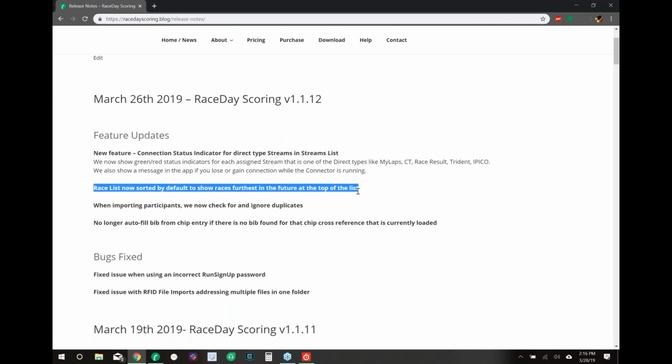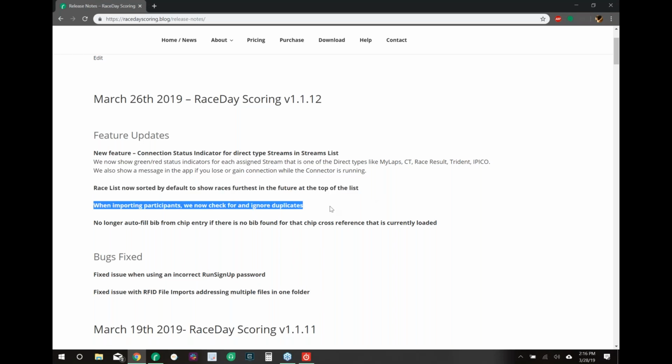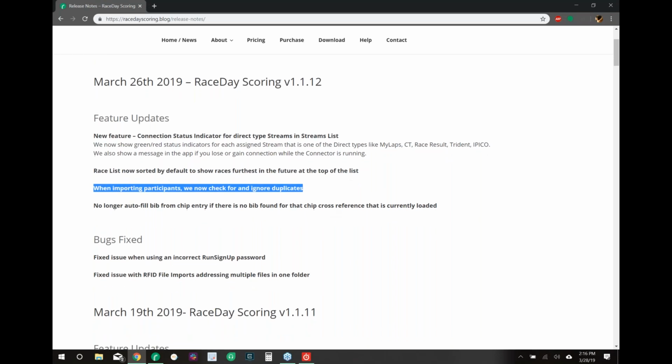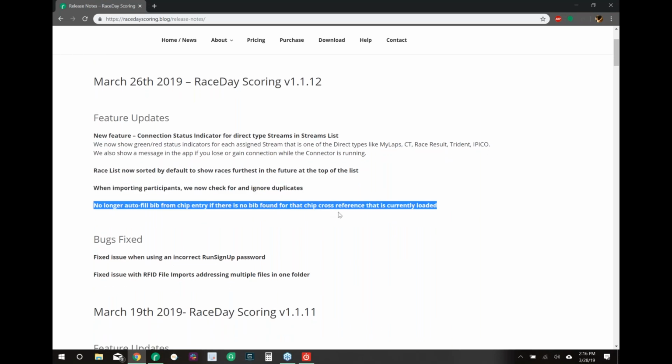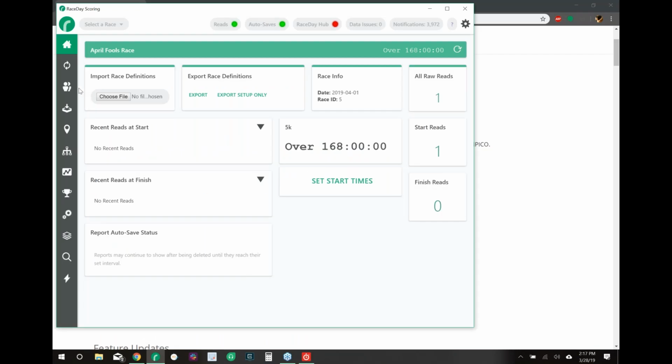Already went over this. The race list is now sorted by default to show races furthest in the future. We've added on the import for participant data, we now check for and ignore duplicates. So if you have duplicate participants, we just ignore them upon import. We no longer autofill the bib from chip entry if there is no bib found for that chip cross-reference that's currently loaded. So what this is referring to is